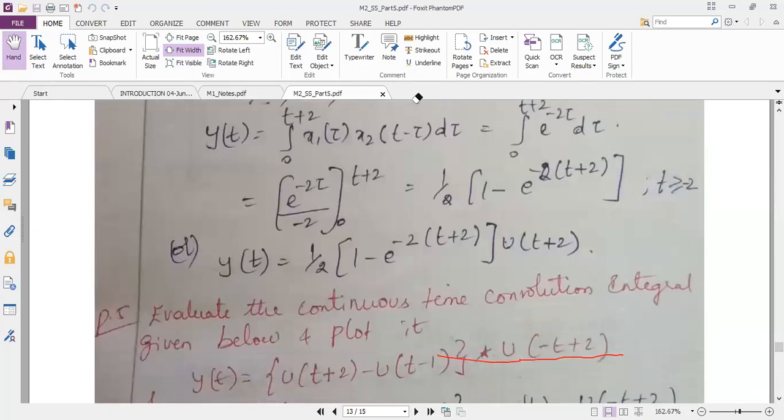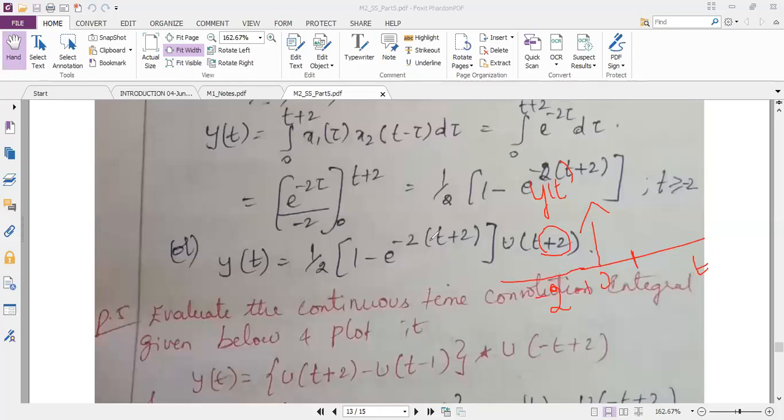I have not drawn the diagram. So you people can draw the diagram. You know how to draw it. Your y-axis is y of t, that's such a big expression. And your x-axis is just t. And you know very well, since it is t plus 2, my output definitely will start at minus 2. So I will get the output from here itself, minus 2. So minus 1, 0. So my graph will start from here.